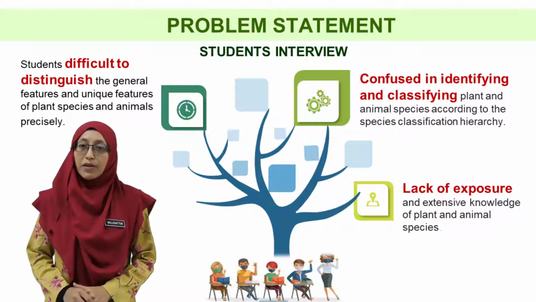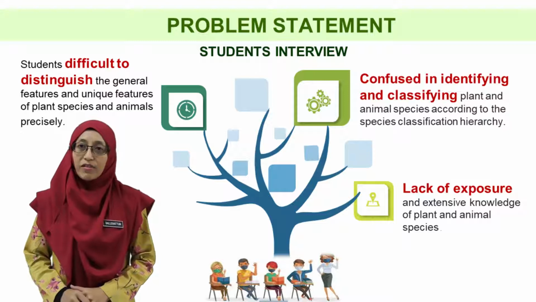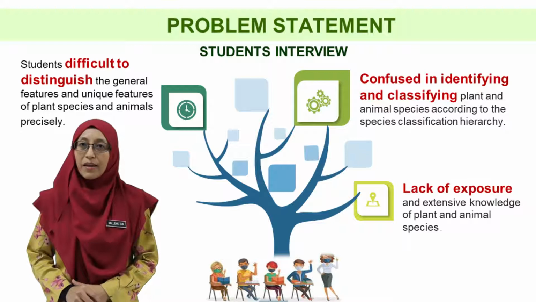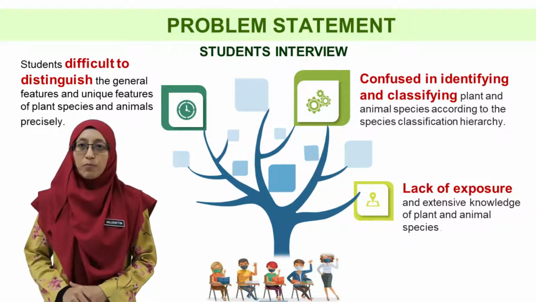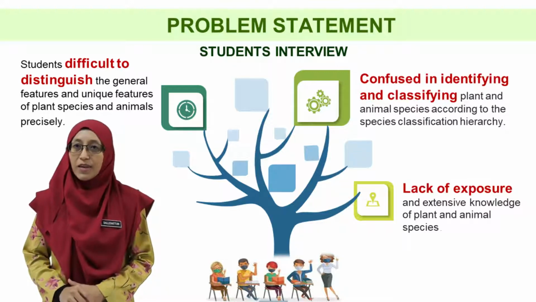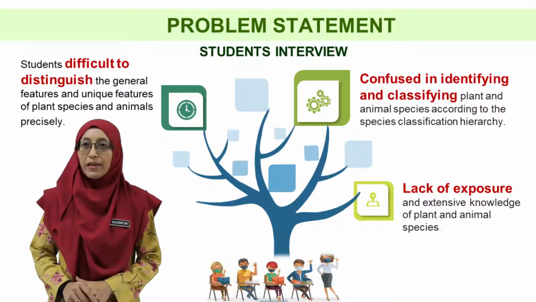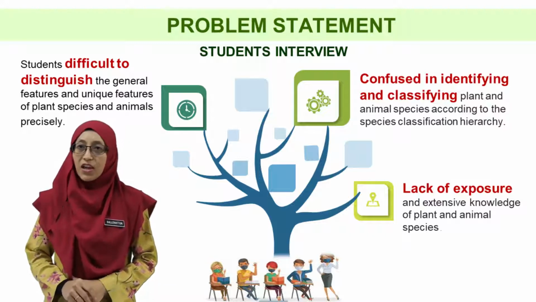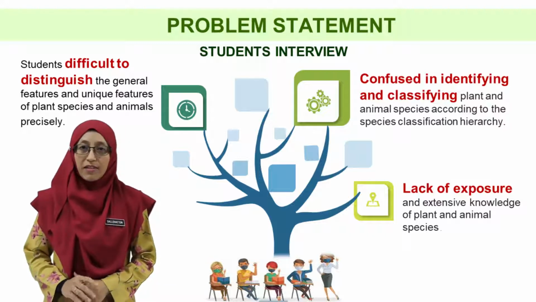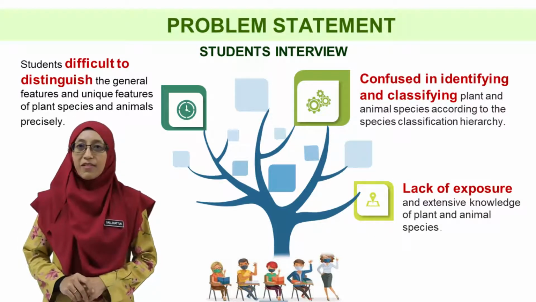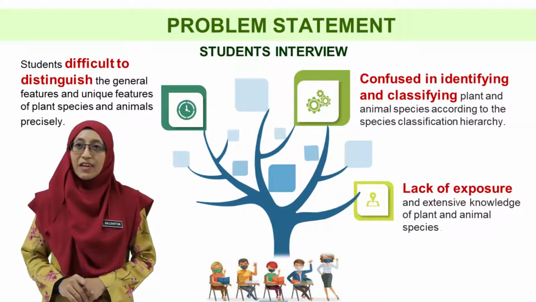It was found that the main problem faced by students is that it is difficult to distinguish the general and unique features of plant and animal species accurately. Most students also are confused in identifying and classifying plant and animal species according to the species classification hierarchy. This is because most students lack exposure and knowledge of the plant and animal species that exist in nature. Their knowledge is restricted only to the plant and animal species that are commonly seen and studied in science and